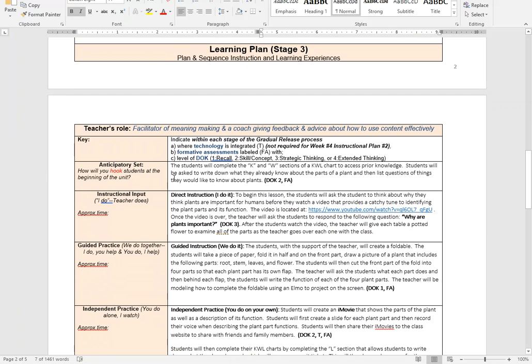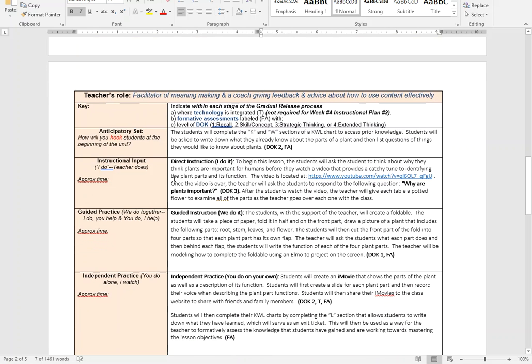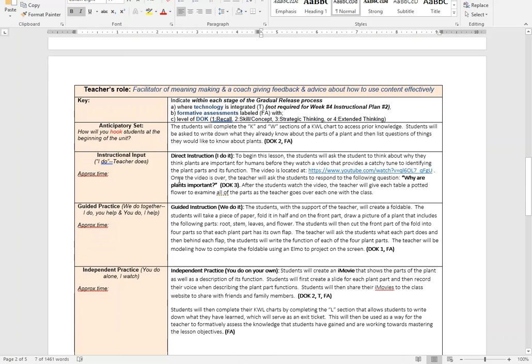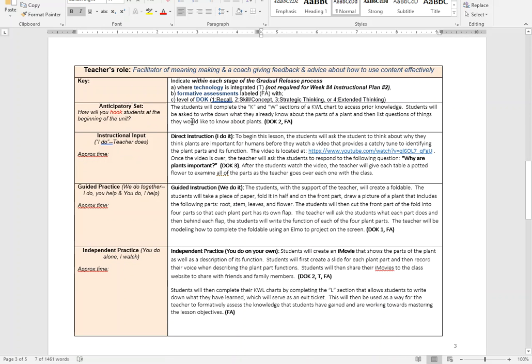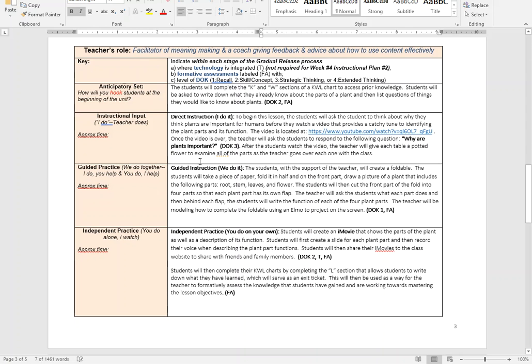And then you have your learning plan, which is the stage 3. And you'll notice there's some similarities between this lesson plan and the Madeline Hunter. Both the Madeline Hunter and this one actually have the gradual release of responsibility model embedded into the lesson plan. So unlike the Common Core lesson plan template, it's already there for you, so you don't have to put it in there. So you'll include your anticipatory set, your instructional input, your guided practice and independent practice,